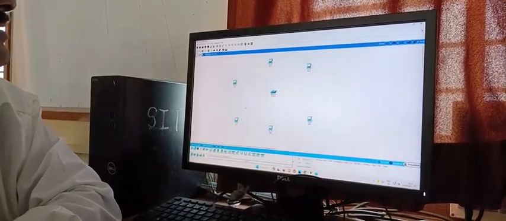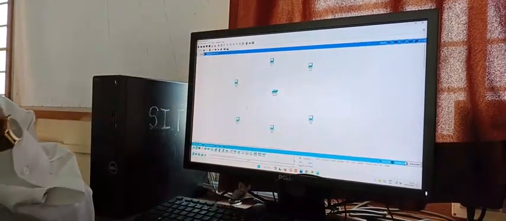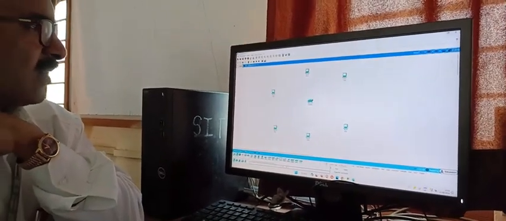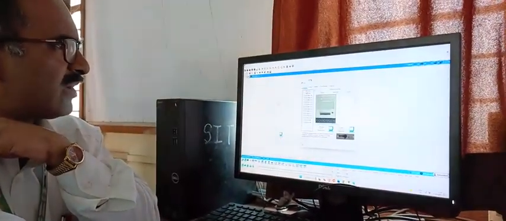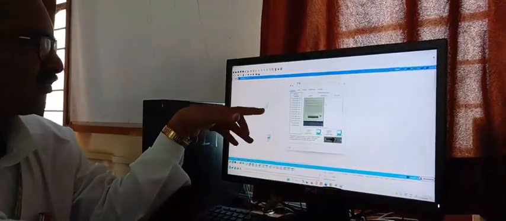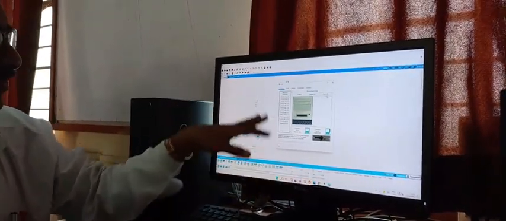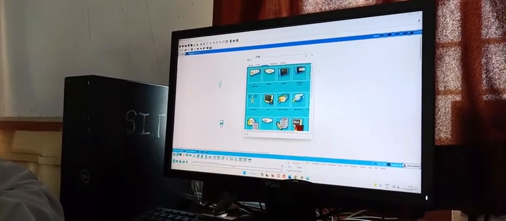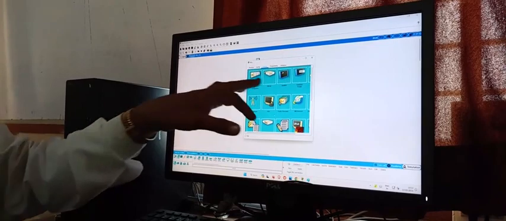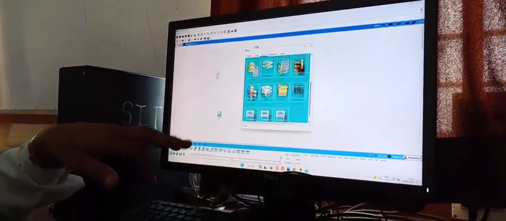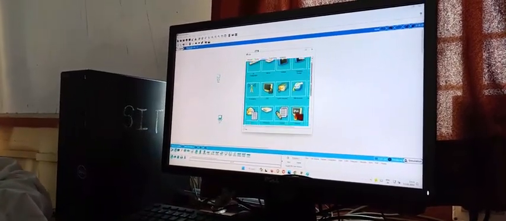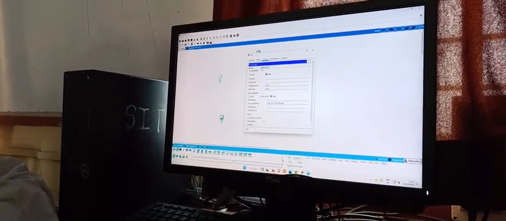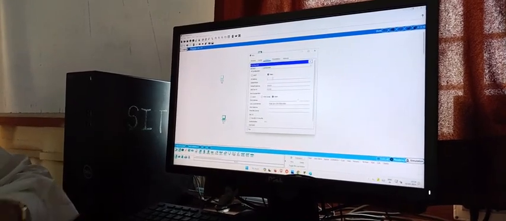Now the first task is that I have to add the IP for each device. So here, starting from this PC, I have to include the IP, and for that, whenever I click on this PC icon, it will show one window. Under that I have to select the desktop, and under that desktop I will get n number of additional icons, and from that I have to select the IP configuration. So here I have to insert the IP, right?